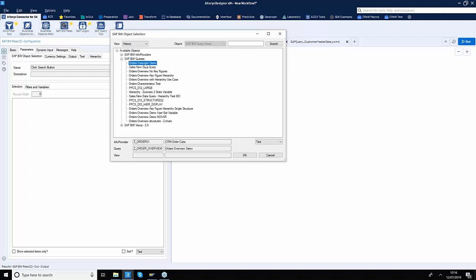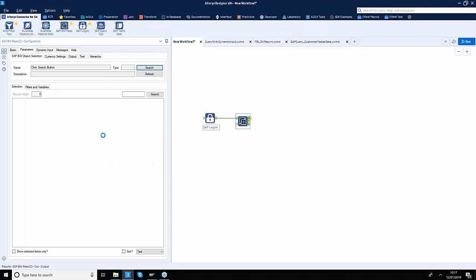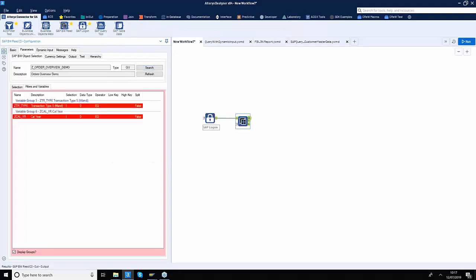I can either select a query directly that is visible here, or I can search for more queries in this search box. So I can say G star demo, find anything that matches that criteria, and once I see my output there, I can switch on key and text. Once I know what query I want to work with, I'll select that query, press the OK button, and at this stage we'll make a request to the SAP system to bring all the metadata out for that query.